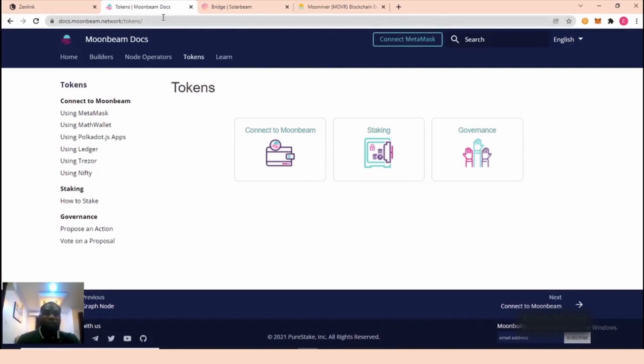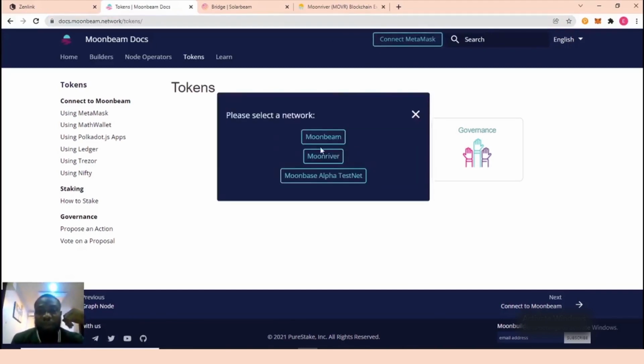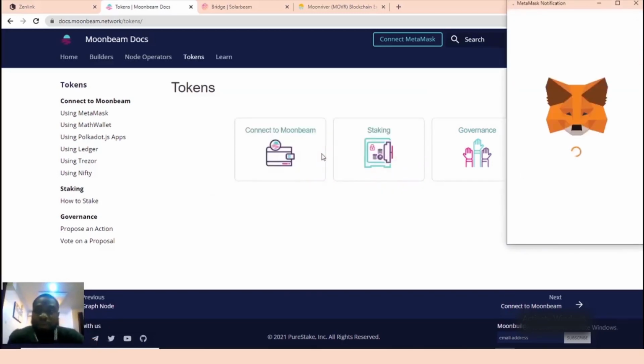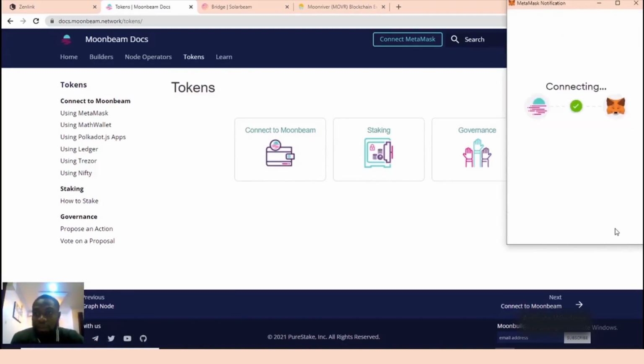So what you do is visit docs.moonbeam.network. That is the documents page of Moonbeam, and you see this button right here. You click on connect MetaMask, and you're going to see a drop down. You see Moonbeam, Moonriver. You go with either Moonbeam or Moonriver, depending on the network you want to use for your own operations. For the purpose of this video, we're going with Moonriver,